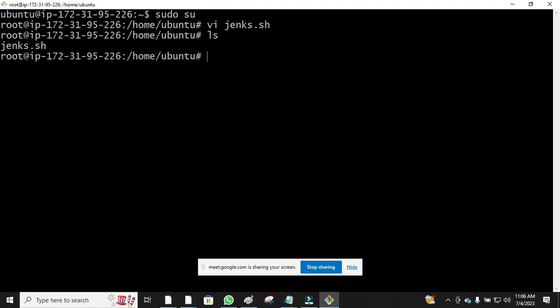Now I want to execute my Jenkins file. It is already a script. This is a shell script. So we are doing shell scripting right now. This is a shell script already, right? So how do I execute this .sh file? I just write sh jenkins.sh